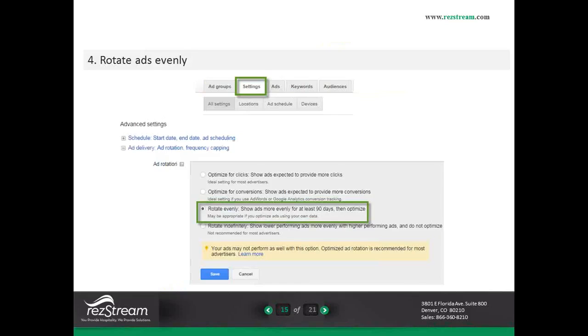Number 4 feature that I would like to talk about is just rotating ads evenly. So this is a super simple one, but we definitely underestimate its power. When you are setting up your campaign, you have the option here to have your ads rotate in a variety of ways, and you can see some of those options here on the screen. You can optimize for clicks, optimize for conversions, rotate indefinitely, and they kind of have those smaller descriptions located next